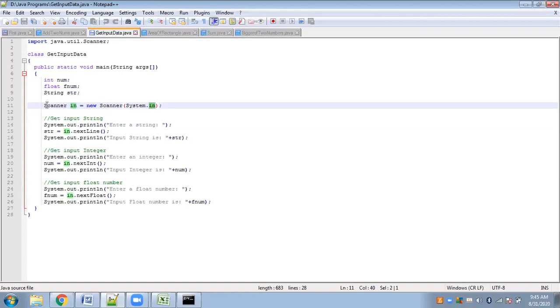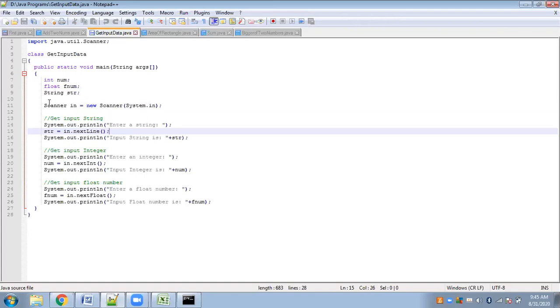Okay, so this is how to create objects of the Scanner class. Class name, object name equal to new, which will lead to the creation of the object, and the Scanner constructor, which will initialize the object as soon as it is created. Initialize means to provide values to the object as soon as it is created. And System.in is for standard input. Now we will see how to give input to each of these values one by one.